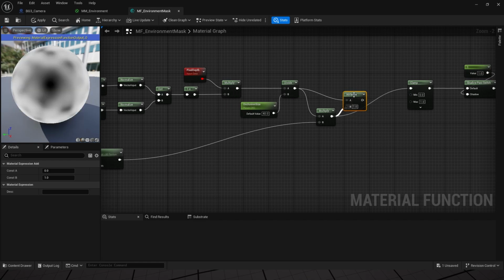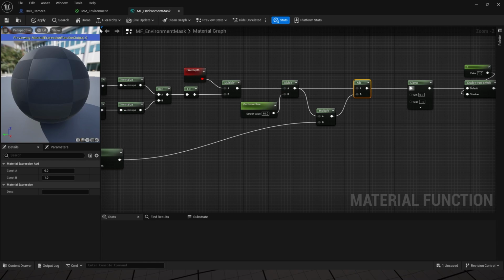The reason we're doing this in 2 steps is the multiply brings all those values to a 0 to 1 scale, and then the add limits that to what's already being masked. We only want to affect the area that's already masked and not have little specks in the environment around. So if we add and plug that in now, apply and save,